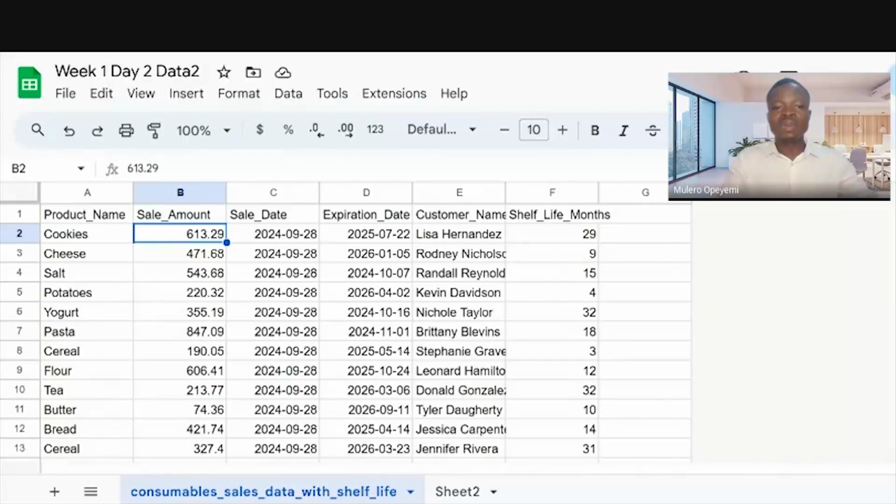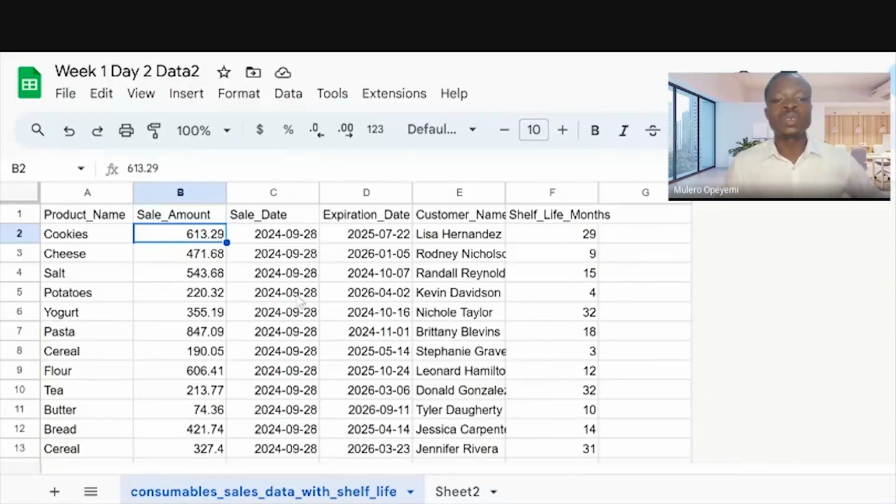How is the nature of things that they do there? That's the first thing you need to understand. Now, once you understand what they do there and the basic concepts on how some things relate with one another, then it can be very easy for you to begin to think of insights that you can bring out from their data.